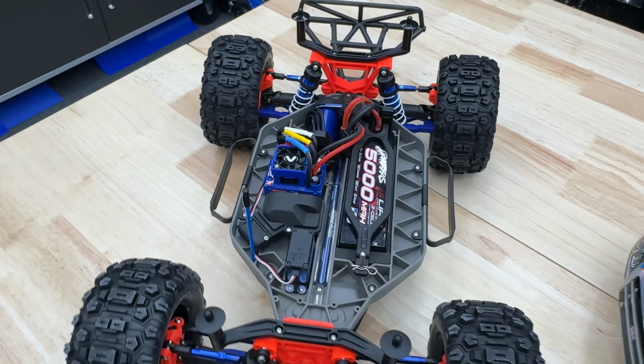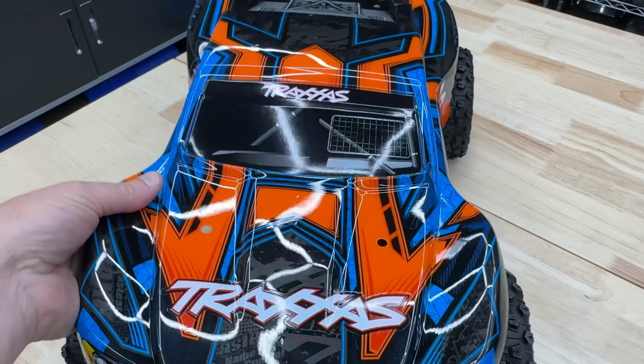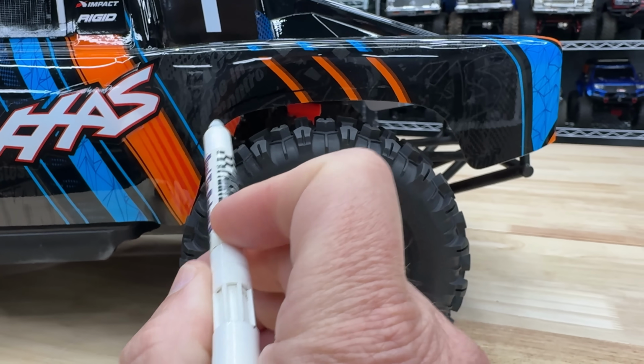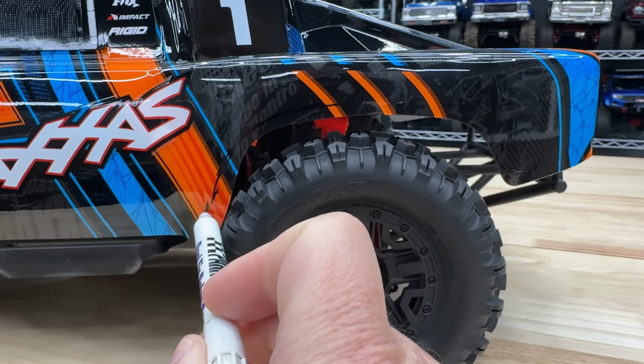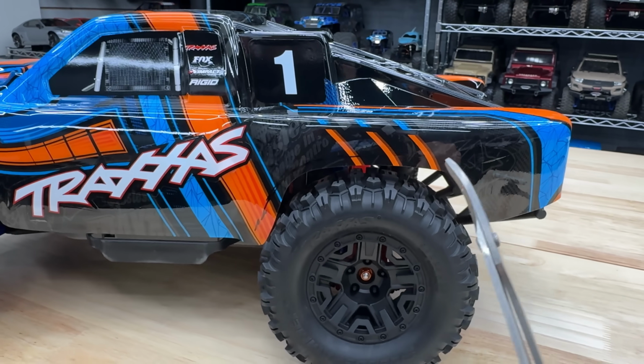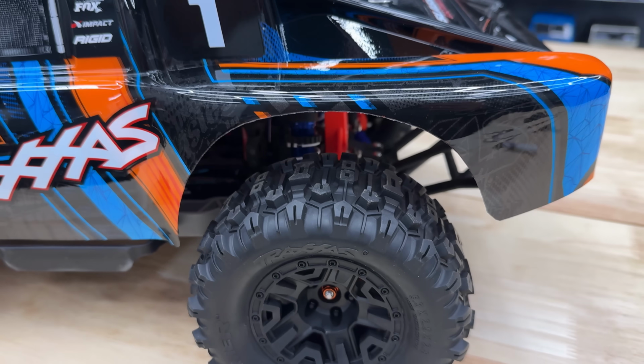Now we'll see how it looks throwing the body on, and it's obvious I have to trim the body a little bit as well, even though it was jacked up. So I'm just going to use a marker and just draw a basic line and start off by cutting away a little and then cutting away more if necessary, and then you'll be able to repeat it for the other